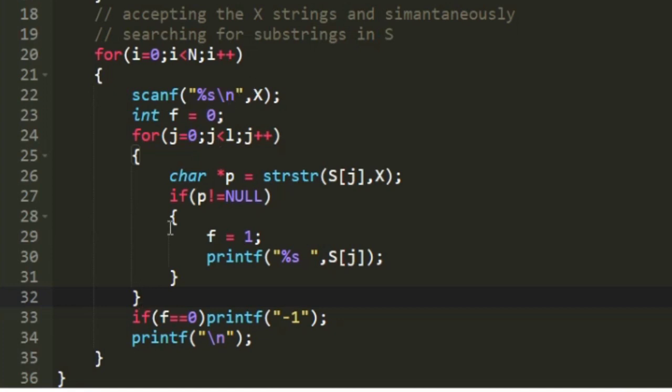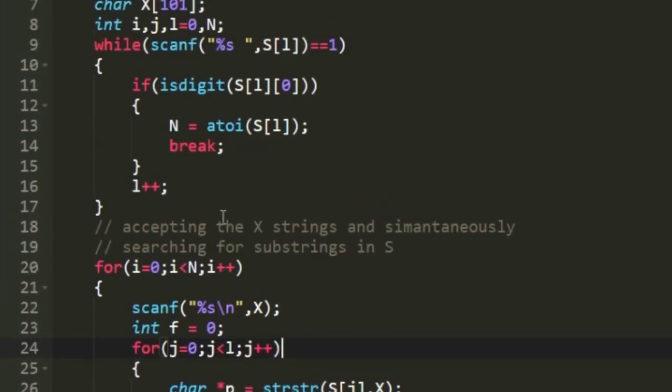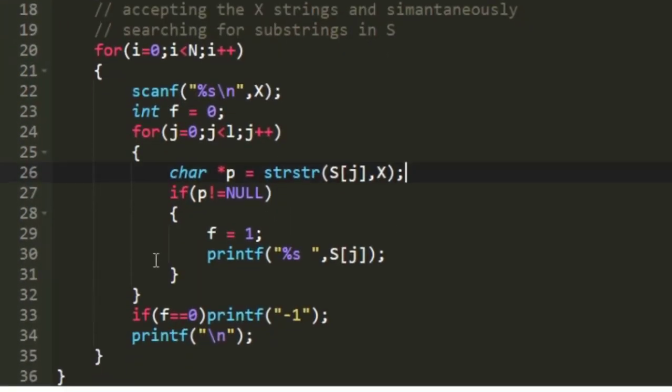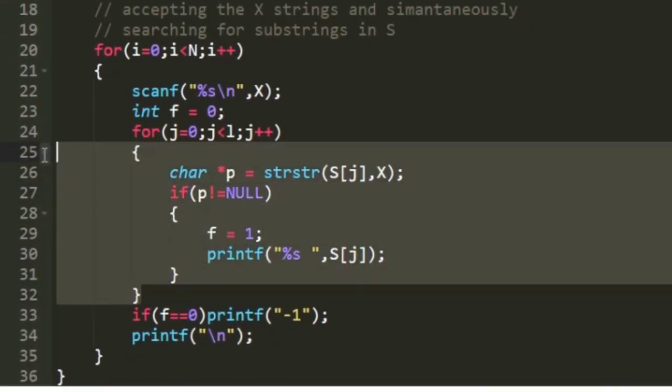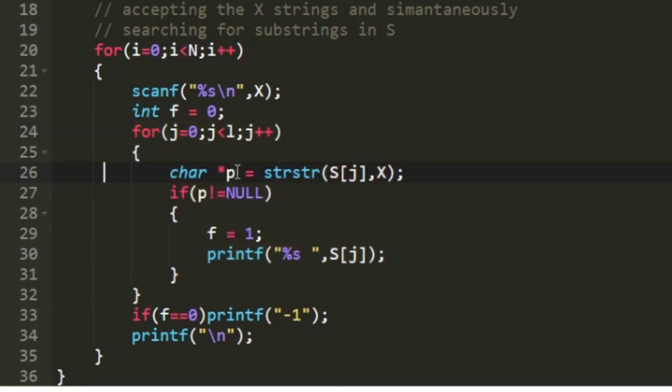So we are creating a loop that iterates from 0 to L, which traverses through every word present in the character array s. The L is the number of words present in the character array s, which we were iterating here in the while loop. In every iteration of this for loop, we are creating a new character pointer and making use of the function strstr.